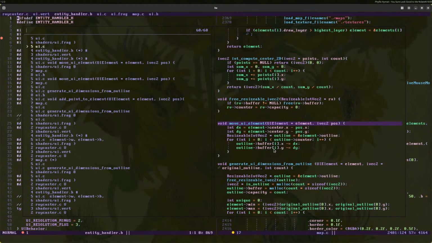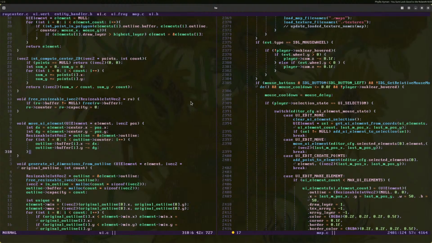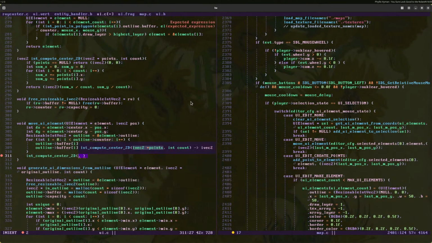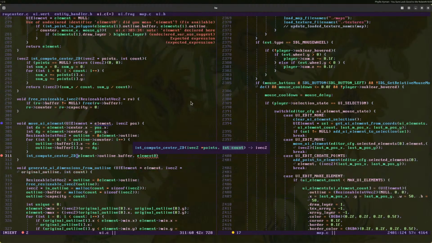You know what? Oh, I think I know what it is. We don't actually change the center. I just do, the function is right there. Oh, I already have outline there as a pointer. But